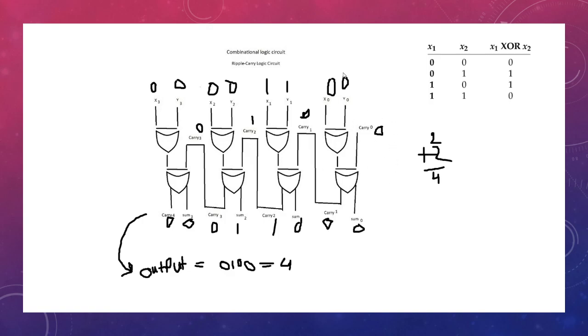Because a carry was not created by comparing these two values, we can have a sum of 0 after comparing all of the inputs, and a carry output of 0, which now ripples over or takes that carry flag into the next bit, which will now be 1 and 1. And when we compare these, they produce a result of 0, but a carry of 1, and so now our